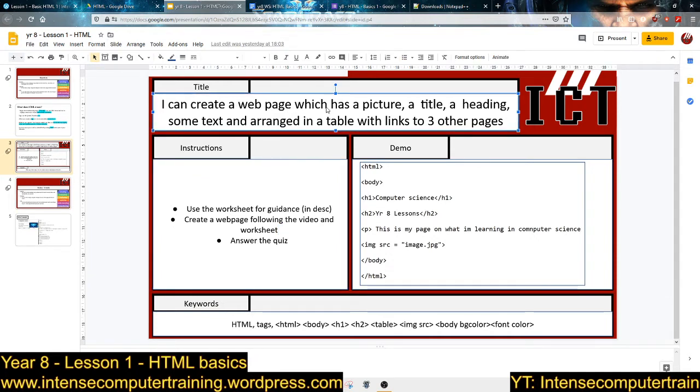So can I create a web page which has a picture, a title, a heading, some text, and arranged into a table with links to 3 other pages? Now this is what we started doing in the last lesson. So we're going to do all of what I've taught you in 3 hours in 1 hour, well 40 minutes,